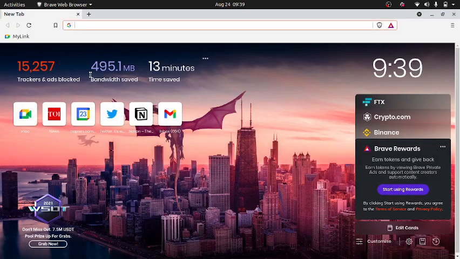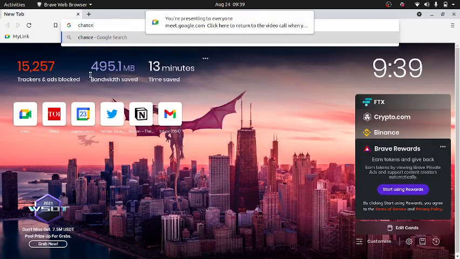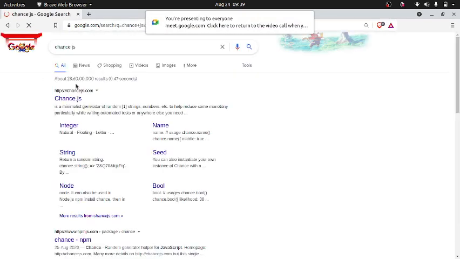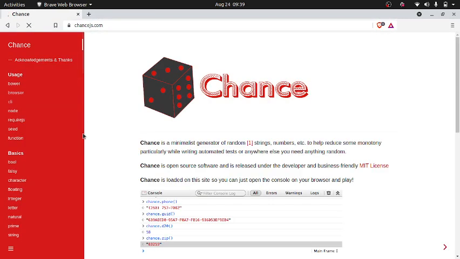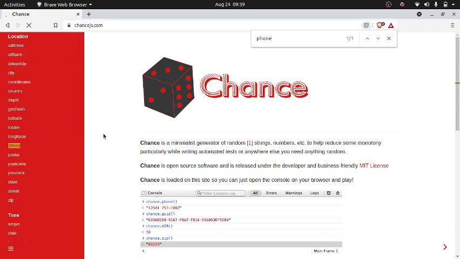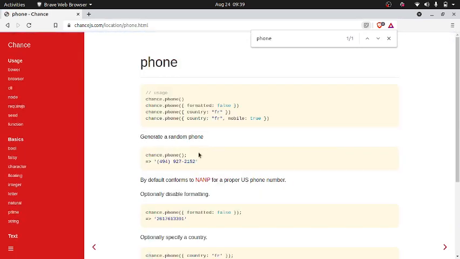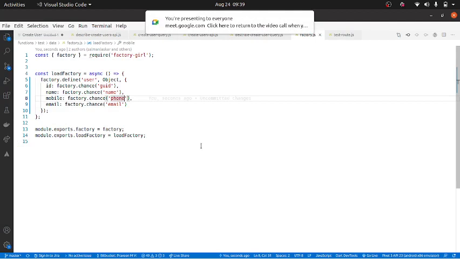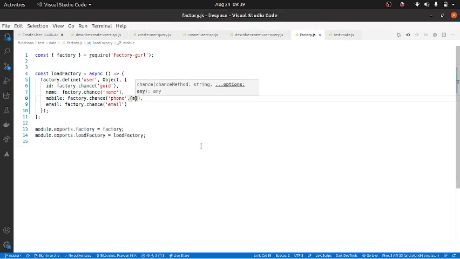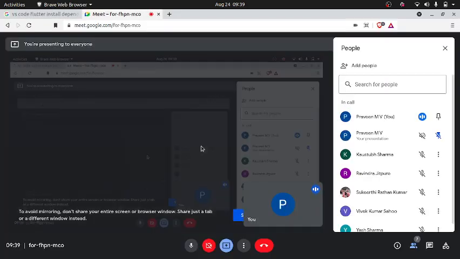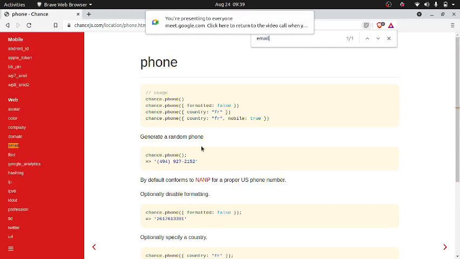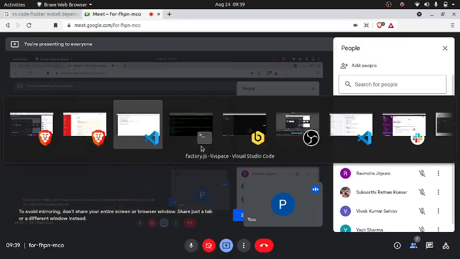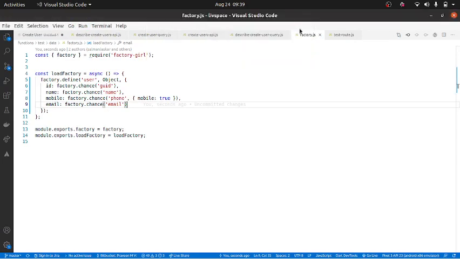Mobile, or okay, let me see. Chance, just, yeah, it is phone. Okay, phone, and mobile true. So I need to pass mobile true, and that will be here, I think, mobile true. So email is there, I suppose. Email, yes, email is there. Good. So this should basically give me the user.